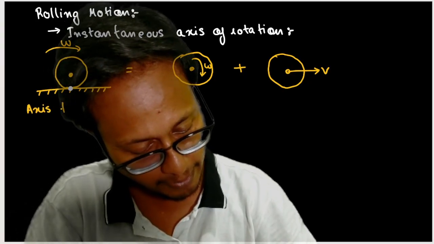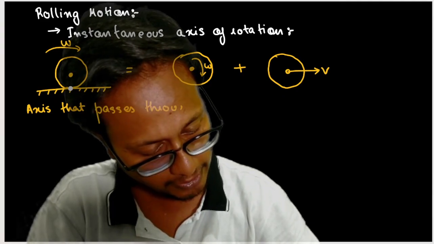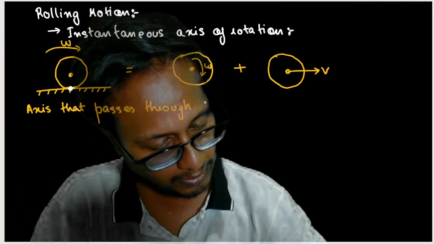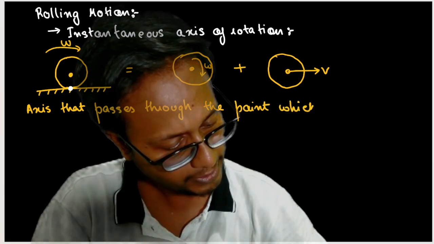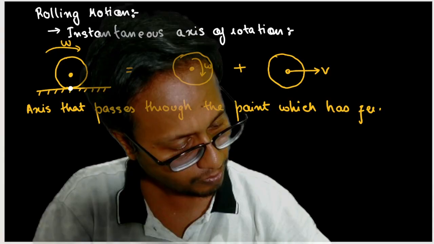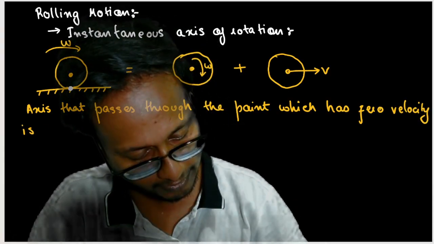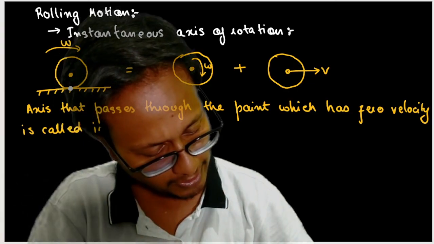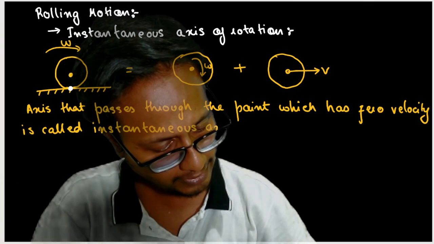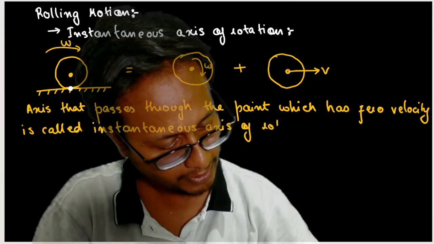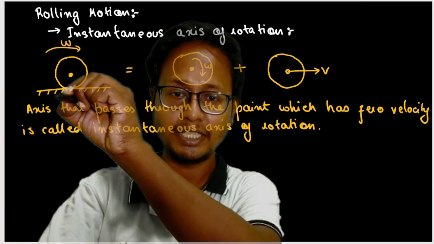The axis that passes through the point which has zero velocity is called the instantaneous axis of rotation. I just called the axis passing through this point the instantaneous axis of rotation,